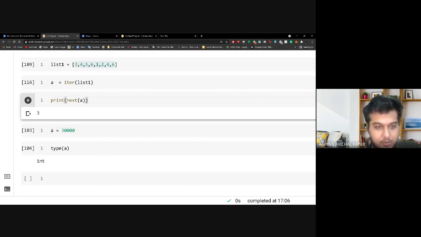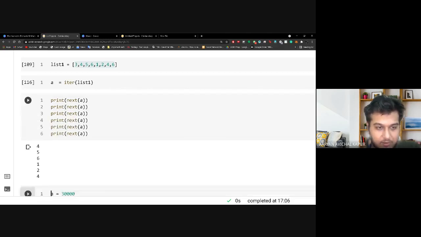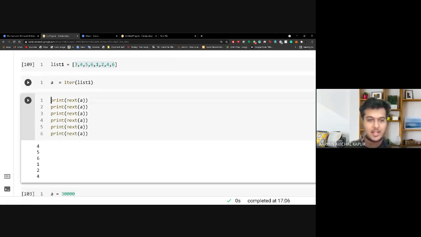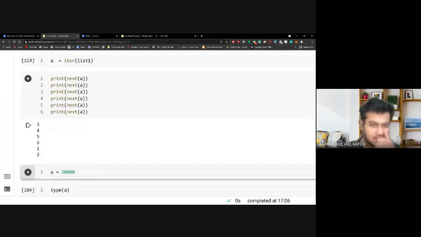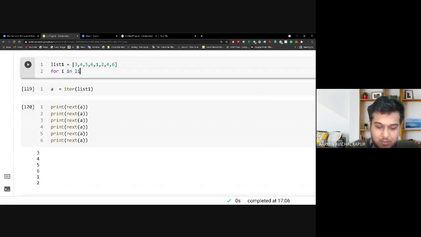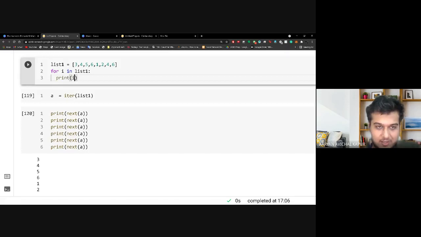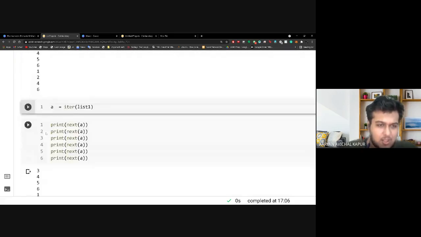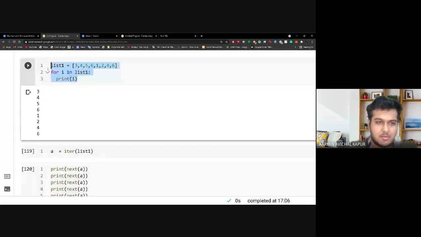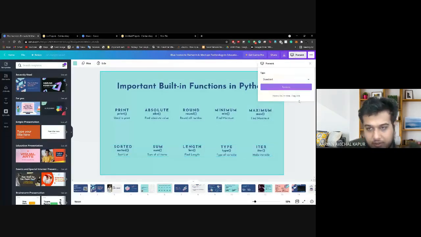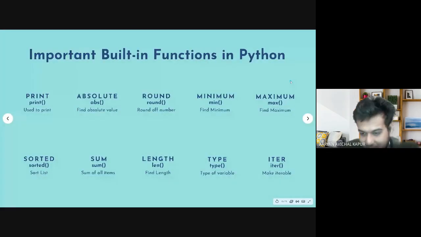Yeah, so we simply print next of a, and every time we do that, it takes the next value, right? So let us declare the iterable here, and then we print the next value. There are several ways. When I generally do this, I do not use this method. I simply put for i in list one, and I simply print i. This is the way I have always done it, and this is the way I would recommend everyone do. This is by far the easiest method. It gives you the same output at the end of the day, but this appears to be more readable and reusable to me, right? So this is iterable, and these are the most important inbuilt functions that we have, right?